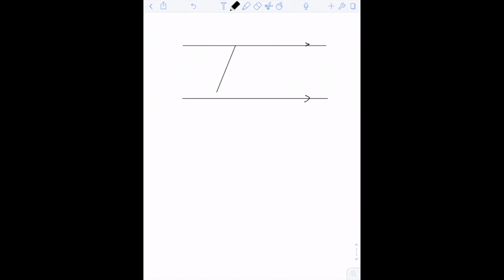So let's draw a triangle between these two parallel lines. From alternate interior angles, we can see that this angle is equal to that, and this one is equal to this angle. So the sum of these three over here is 180 degrees because it forms a straight line. And so the sum of the angles of a triangle